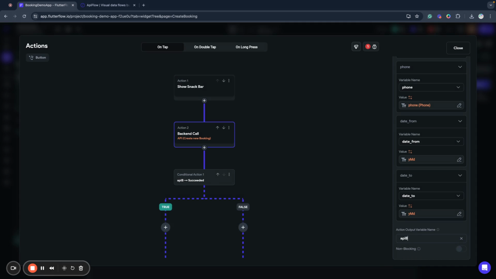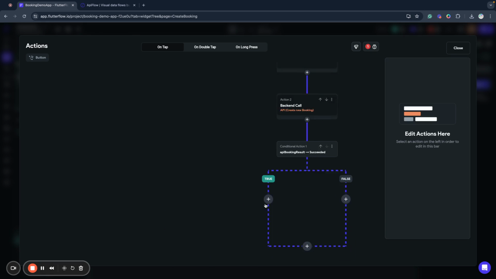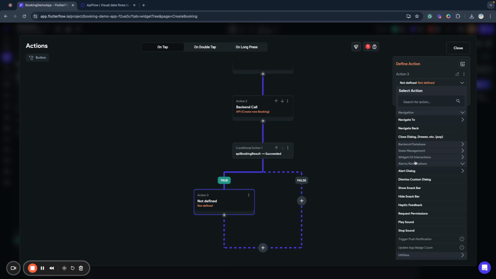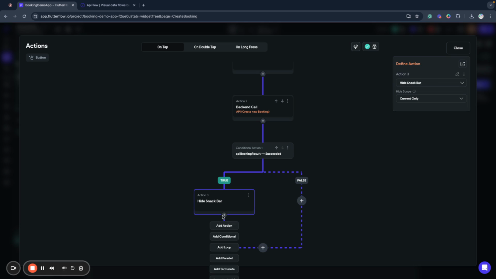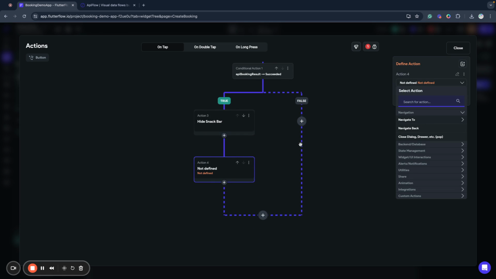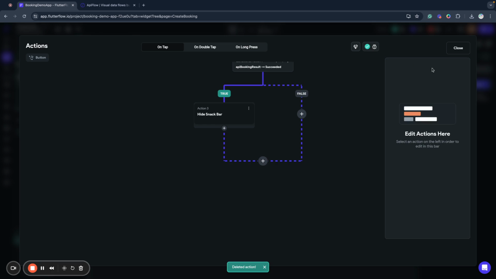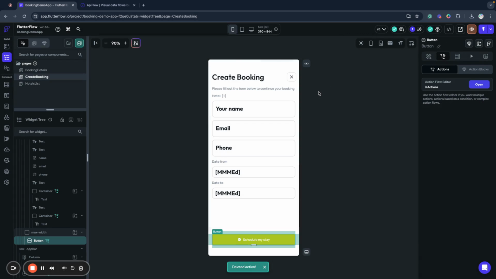And I will name this variable API booking result. Great. And when my API booking is created, when I have created my booking in the database, I will do the next step. I will hide my snack bar, and I will redirect the user to another page. But one moment, what we will need to do, we actually